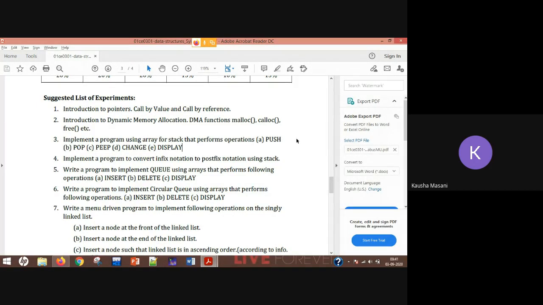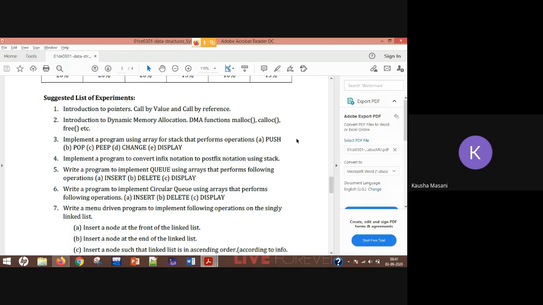Now, as you are going to need array stack initialization for each and every function, we are going to put all these functions or say operations in switch case. Okay, so first of all I'm explaining you how we are going to go with the flow of the program. You initialize your stack with the help of arrays. Okay, then you tell the user exactly what he or she wants to do, which operation he or she wants to do.